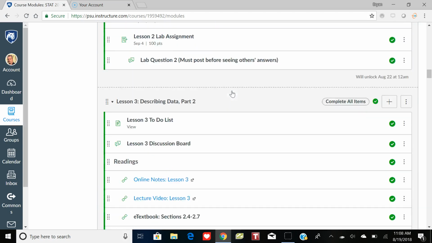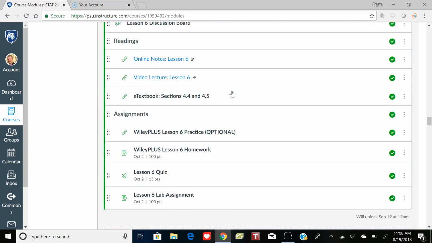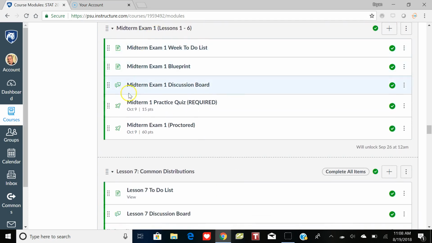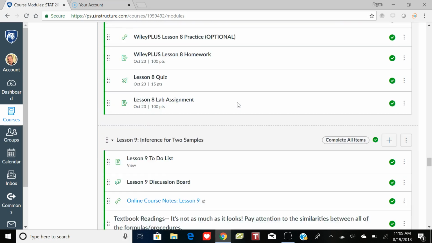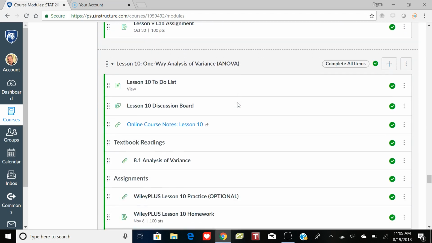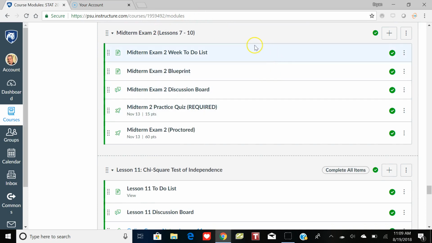But then it just goes week by week, lesson 2 all the way down, and at some point here you'll see a midterm show up, midterm exam 1, so that would be the first time that we actually use Examity to take that. And again, we'll practice it before that. We'll get a feeling for what Examity is like before we actually do midterm exam 1. And then we'll go through some more weekly lessons of the standard format. We'll have midterm 2.